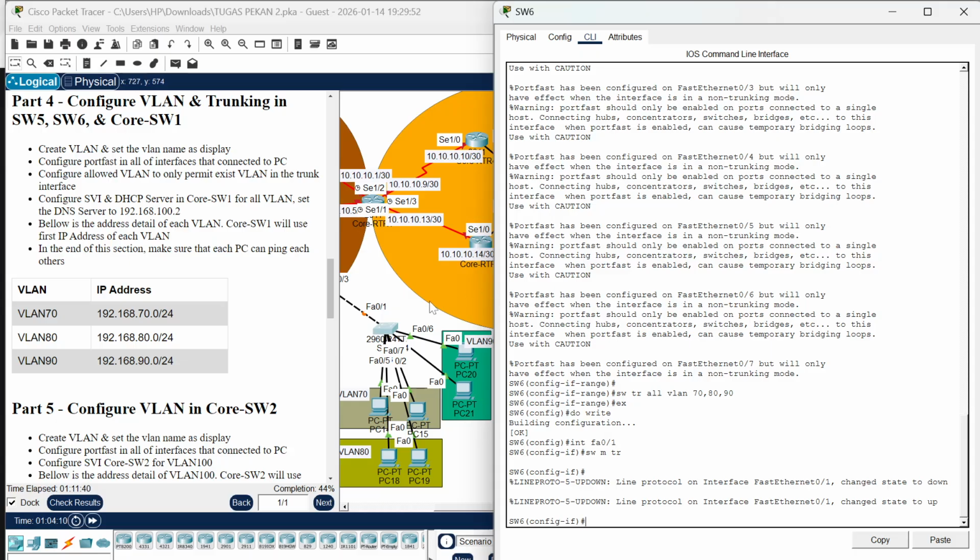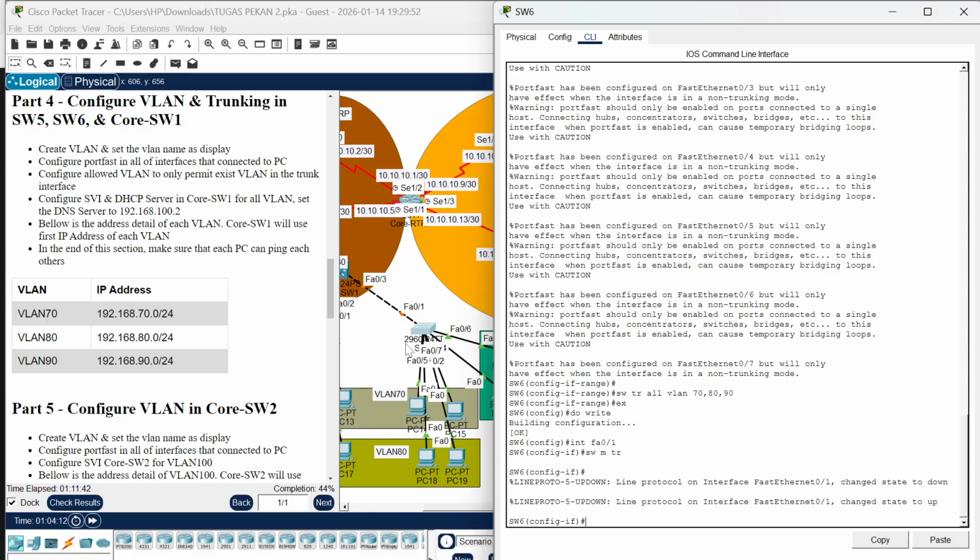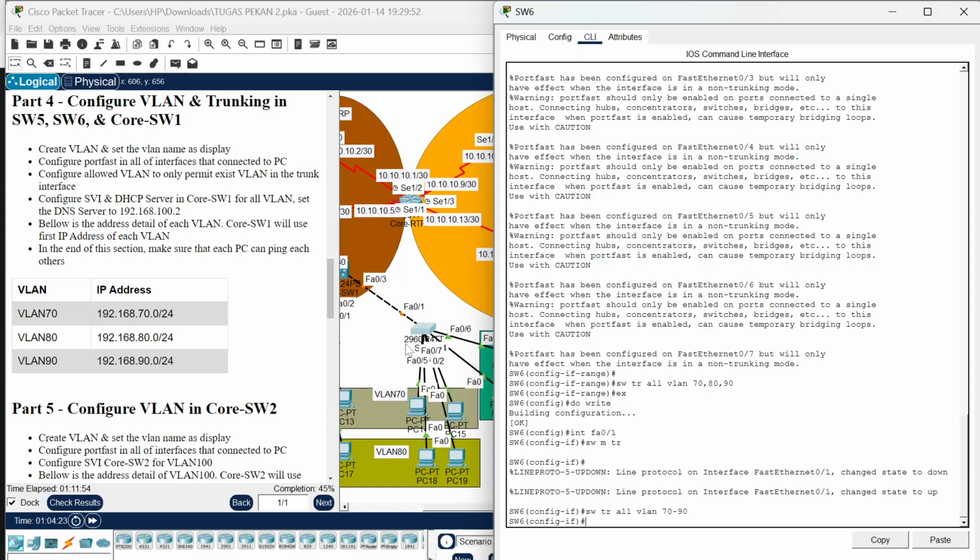Yeah, we almost forgot the trunking. And switch port trunk allow VLAN 70. Okay, and then